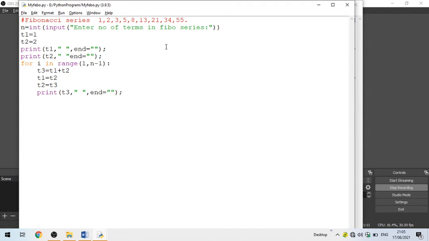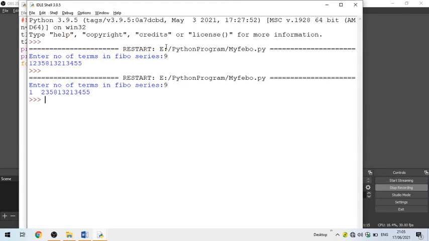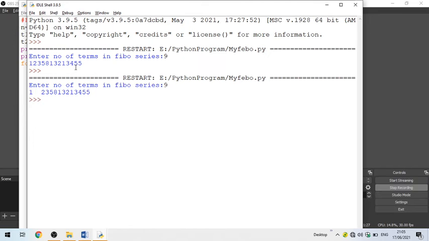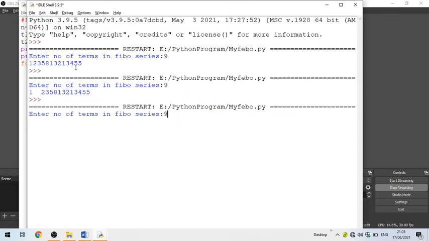So Control S, number of terms. What is the error? Some error is here. Just Control Z and Control S. So F5, number of elements 9.